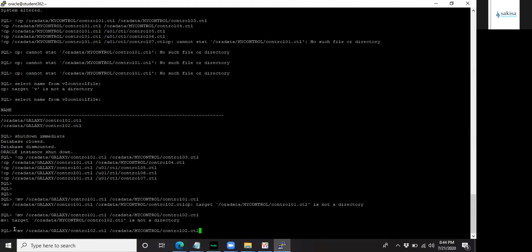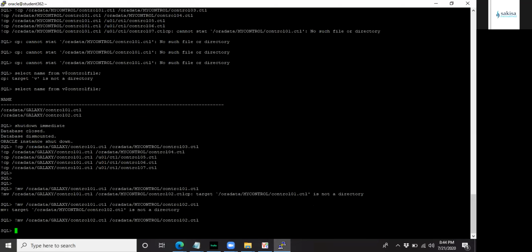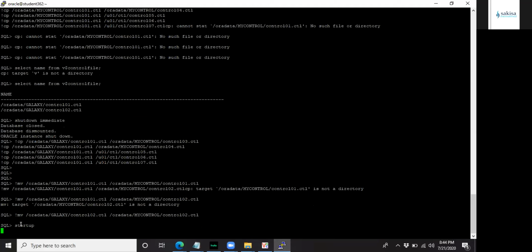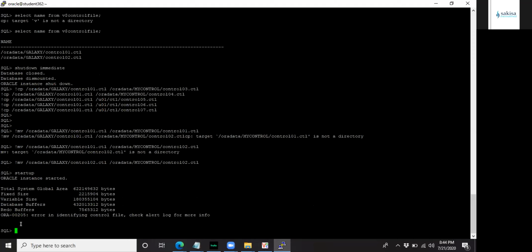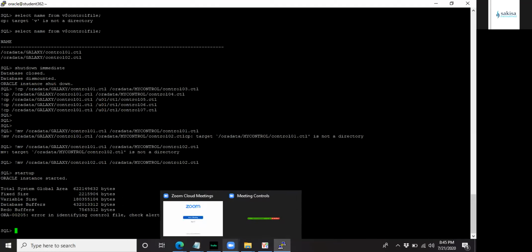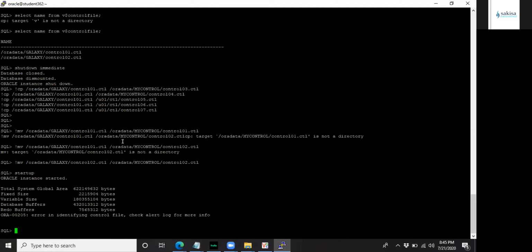Oh, see, that's what I was saying. It was saying that was not present. Because you already moved the control 01, it was saying that it's no longer there. Yeah, normally it should work now. I'm going to start up. Huh. Apparently, all the control files did not move. That's why I was telling you to start up your database to see the error. No, this one works now. I think the premise at this level is up here.